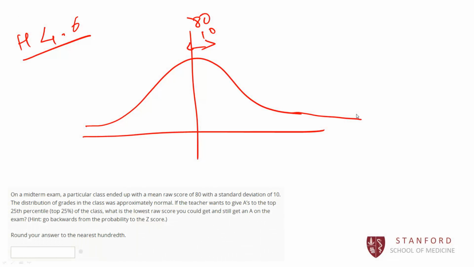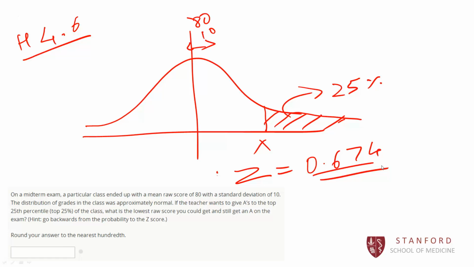Question 6 has an approximately normal distribution with a mean of 80 and a standard deviation of 10. We need to find the value of x such that we have 25% of the normal distribution area to the right of x. So the first step here would be to find the z-score corresponding to 25% in the right tail. And we can look this up in our z tables, and we'll see that the z-score that we would be looking for is